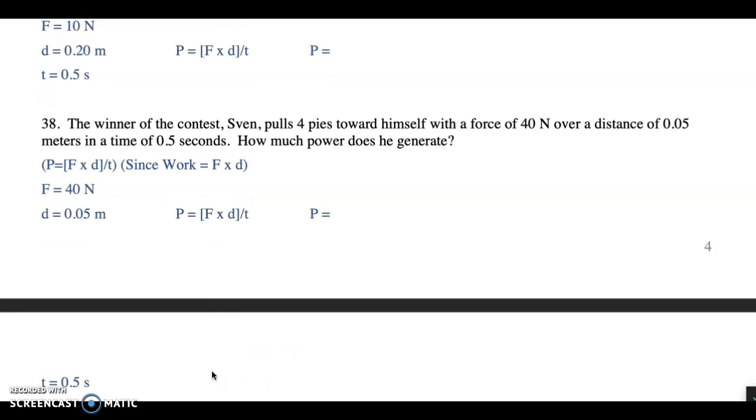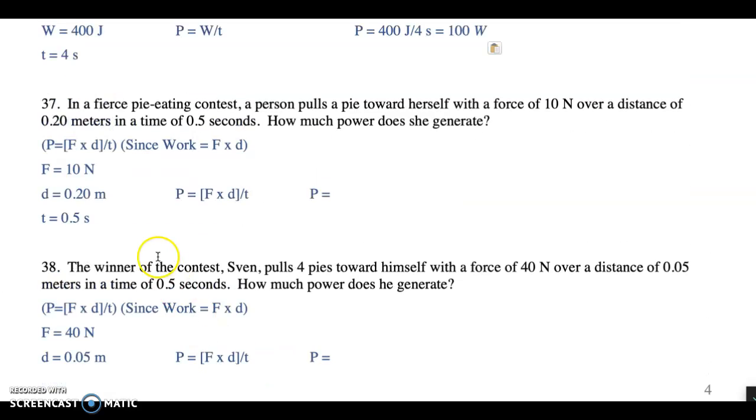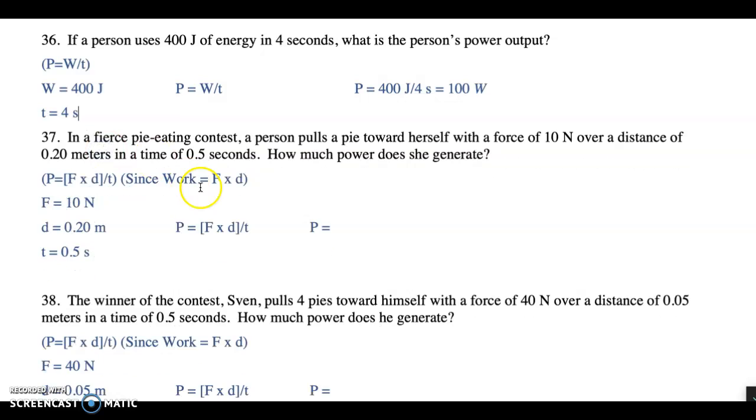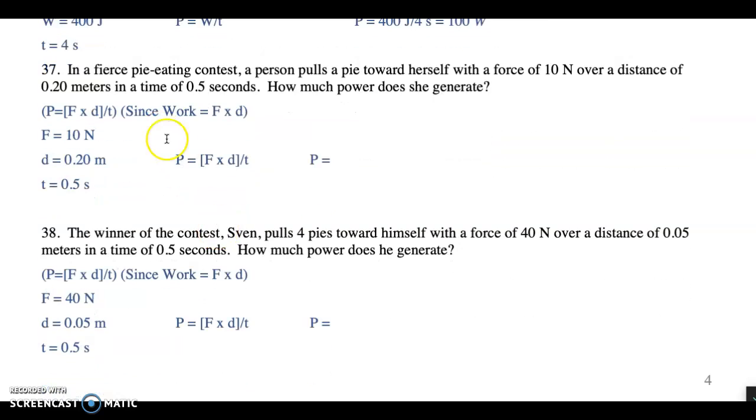Okay. Lastly, we've got 2 problems here. 37, and 38 we've got 2 pie eaters. We've got 10 newtons of force being applied over a distance of 0.2